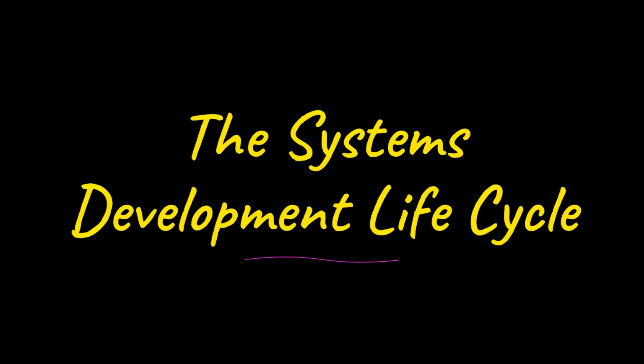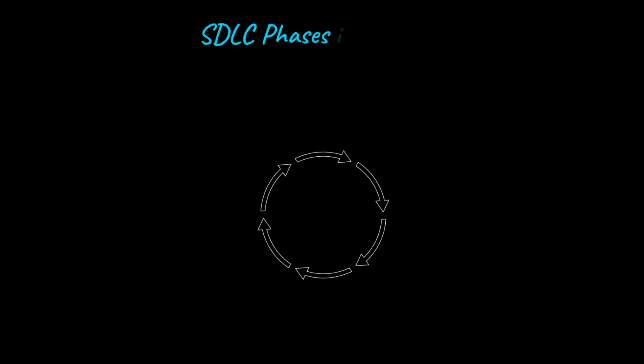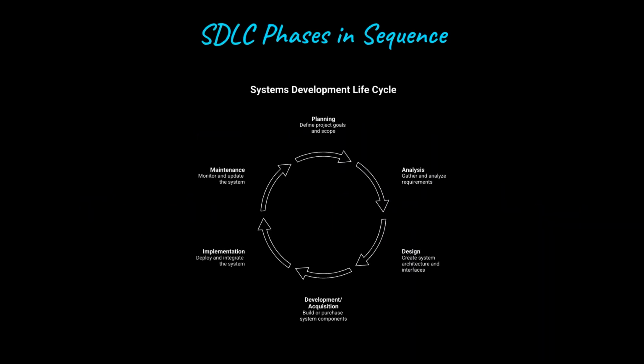Every information system project, whether building custom software or selecting a vendor product, needs a structured framework to guide it from first idea to eventual retirement. That framework is the Systems Development Lifecycle, or SDLC. The classic SDLC flows through 6 phases: planning, analysis, design, development or acquisition, implementation, and maintenance. Each phase produces specific deliverables that feed the next, and skipping or rushing early phases is the leading cause of